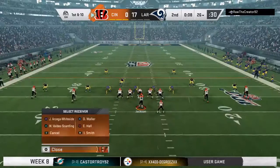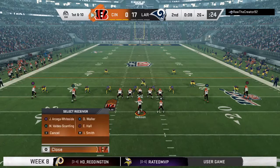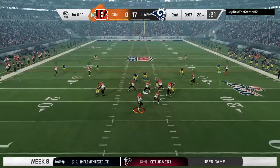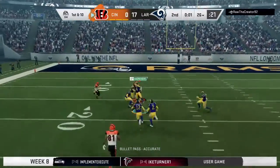The Bengals drive about to get going. Time here for likely one play, then off to the locker room, and they're going to have some adjustments to make. They certainly will, and I think a lot of people are thinking to themselves, all right, take the knee, get out of here, regroup. But how will the head coach and his staff approach halftime? Will it be angry? Will it be...